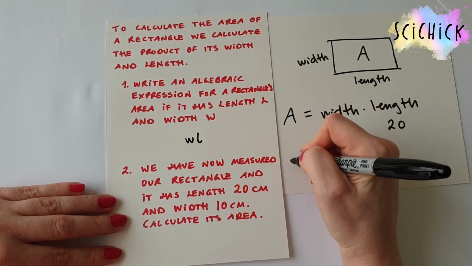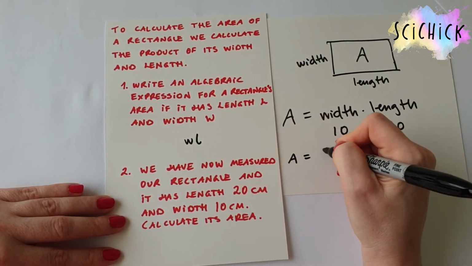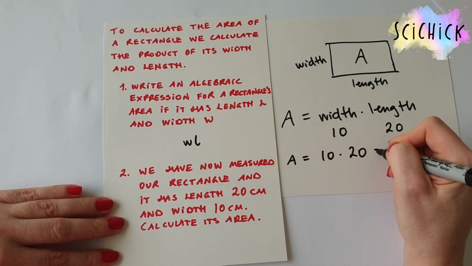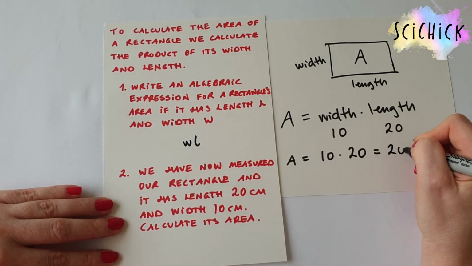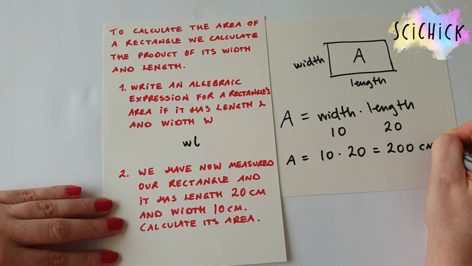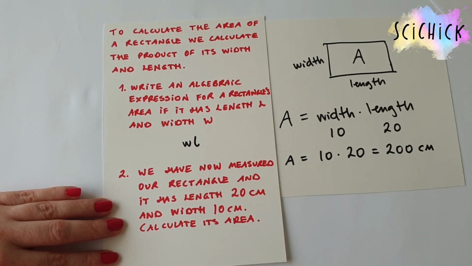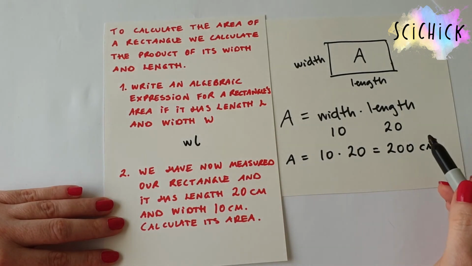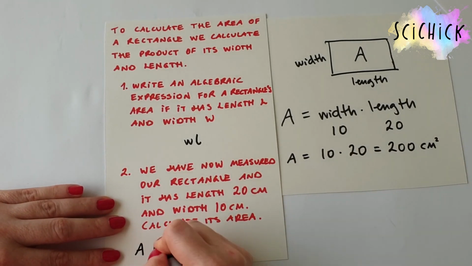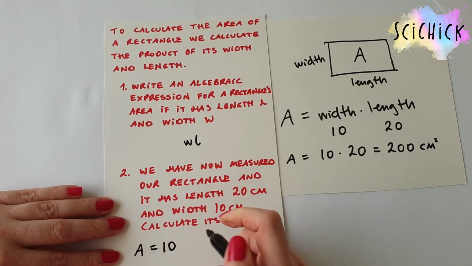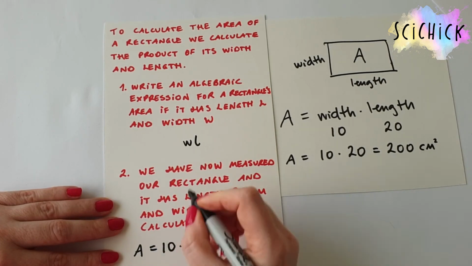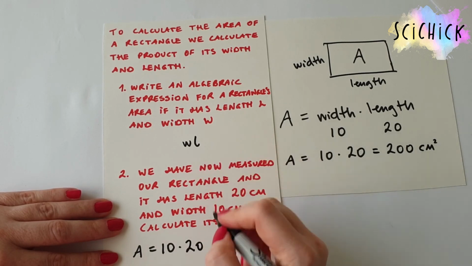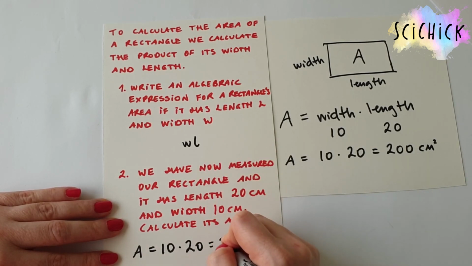Well, the area is going to be 10 times 20, which is the same as 200 centimeters. Yeah, sorry, squared, because it is the area. I'm going to write it here. The area is 10 for the width, as we did here, times 20, the length, and that equals